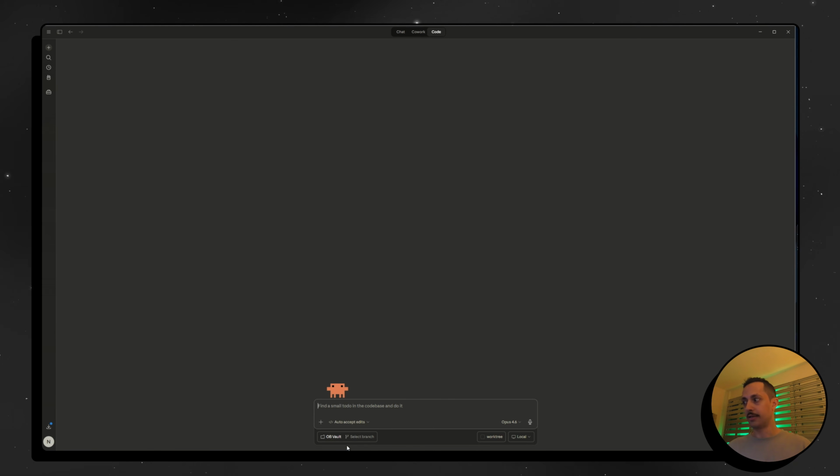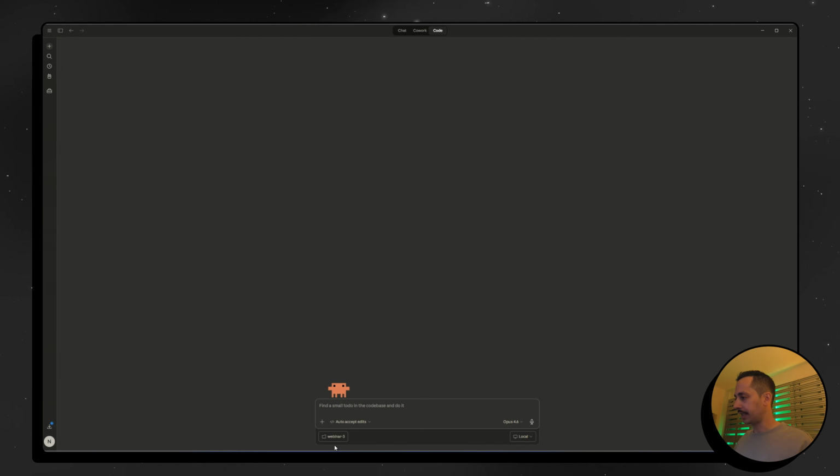But until then, we want to choose a folder to make sure it is not going to get mixed in with a different project. Currently, there's a folder that's being chosen that's for my Obsidian vault, and that's not going to work. So let's go ahead and create a new folder. So I created a new folder. I kept everything in lowercase. I'm going to change right here from the current mode into plan mode, and I am going to keep it on Opus. Actually, I'm going to change it to Opus